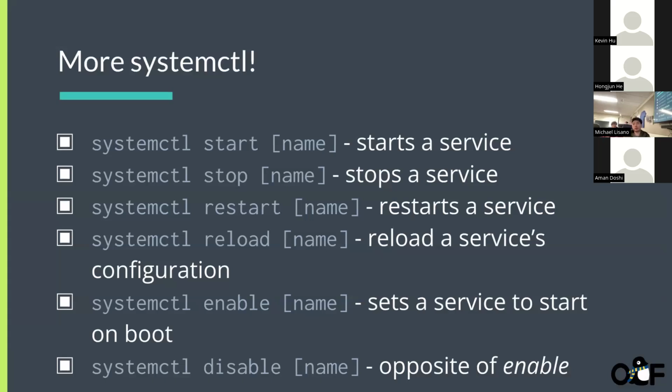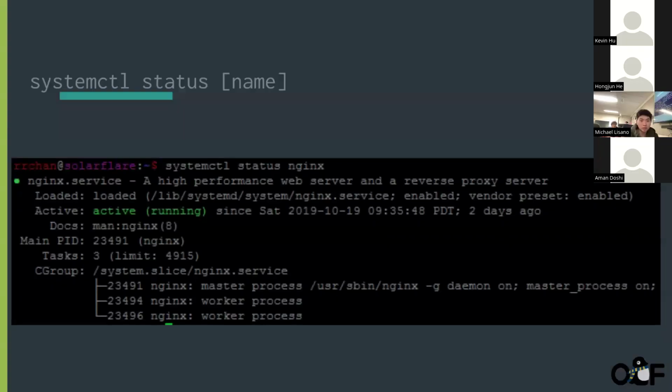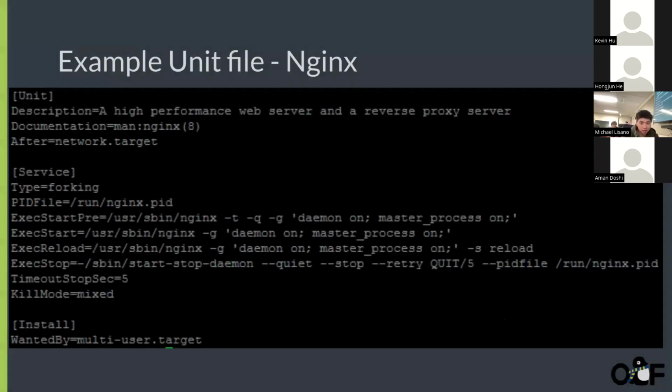There's also a couple other systemctl commands that you should probably know. For example, systemctl start, stop, and restart are pretty intuitive in that they start, stop, and restart the service. Reload essentially means that you are reloading the configuration files, which are everything that's back here.